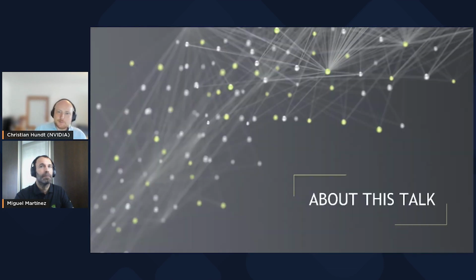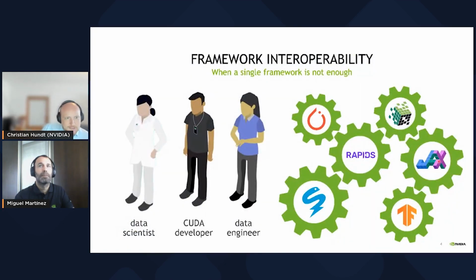So let's motivate the talk. On this slide, you see three different professionals. On the very left, a data scientist wearing white scrubs. I know that's not usually what we wear. A CUDA developer with a black shirt. Those are the people usually implementing low-level CUDA kernels whenever speed is a matter. And then we often also have data engineers, who try to identify new sources of data as well as cleaning the data. And they all might have different preferences for machine learning frameworks.